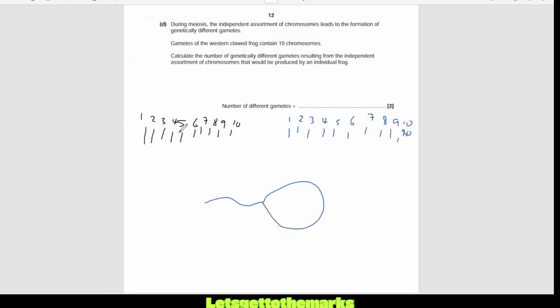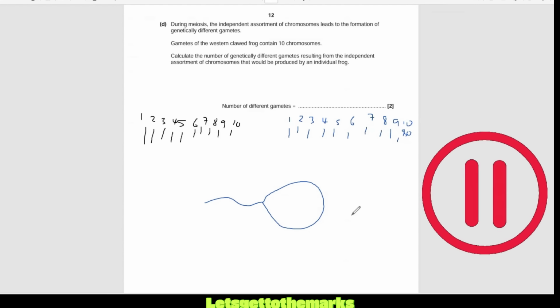He's got to have all 10, only one of each, but it can be any combination of the black or blue. So how are you going to work out mathematically how many different combinations of all 10 he can have, bearing in mind that he can have all 10 black, all 10 blue, or any combination of black or blue, i.e. male or female from his mum or his dad when he makes his sperm. So how many different gametes can he make? Why don't you pause the video and have a go?